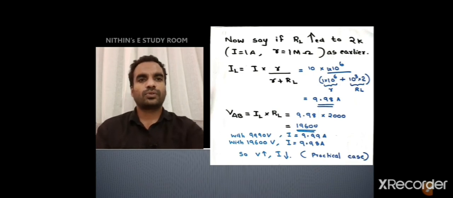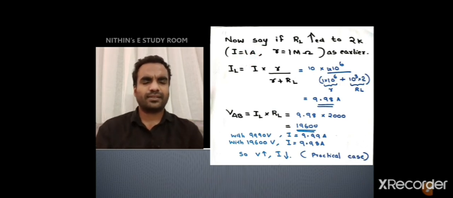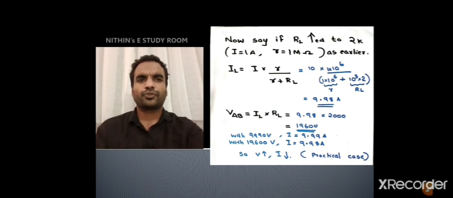Here also there is one mistake. I is marked as 1 ampere. It is not 1 ampere. I is equal to 10 ampere. You please check that value once more because I am also confused that in both cases there is a mistake. So if I is 10 ohm, I have substituted I as 10 ohm here. So you please check whether it is right or wrong.